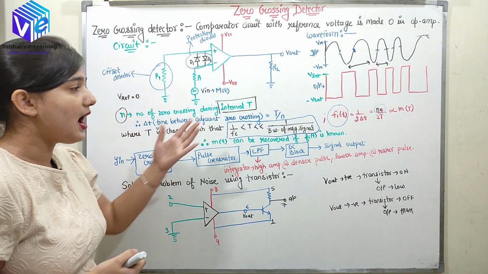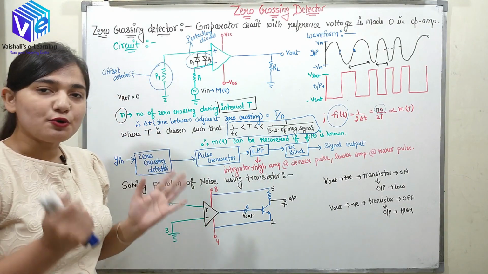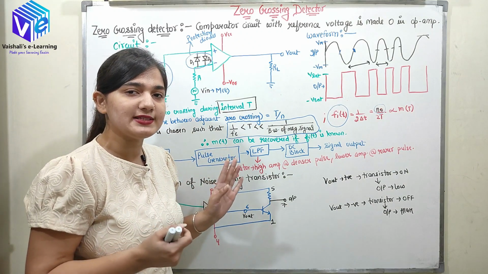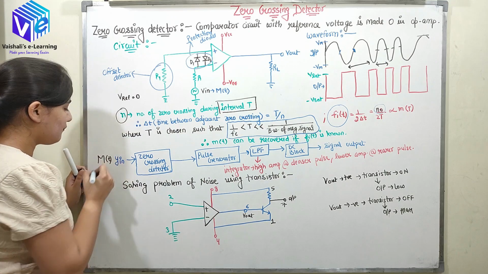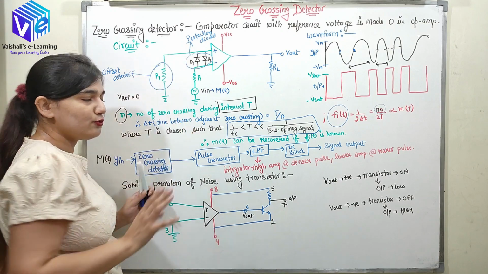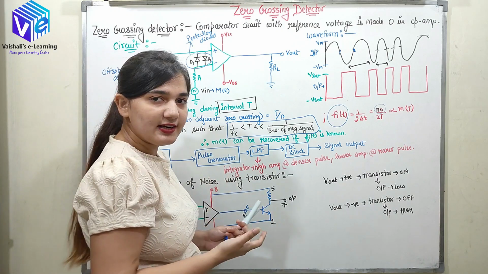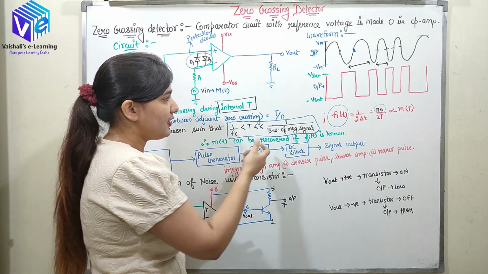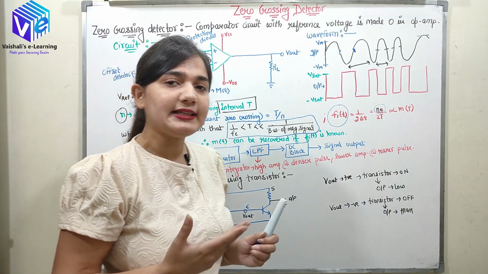So let's understand how from n naught I can find out my message signal. This is the total block diagram of all the components required to find out the output message signal. Here I have supplied Yin, which is my FM modulated signal. It is passed to the zero crossing detector. I hope you have now imagined the circuit of the zero crossing detector. Now here we have the pulse generator, which is supplied to the low pass filter. Here you can see I have generated a pulse which is supplied to the low pass filter, and the low pass filter is acting as an integrator.